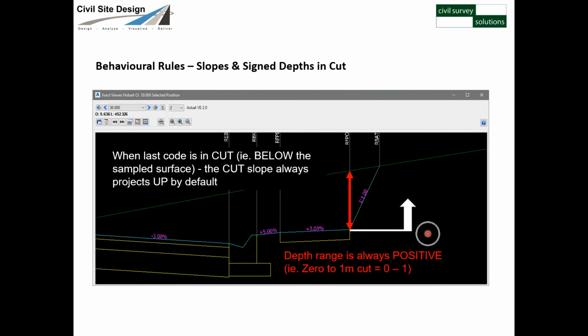When it comes to depth, the depth range is always positive. So if I want to say to the software, I want you to check if I'm between 0 and a meter of cut, I put in a value of 0 to 1 meter. Again, that might seem logical to you now, but when you put in fill, you actually have to put in something slightly different. Speaking of fill,